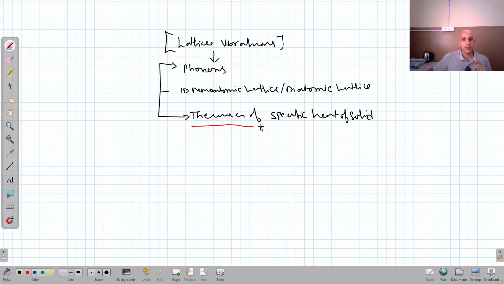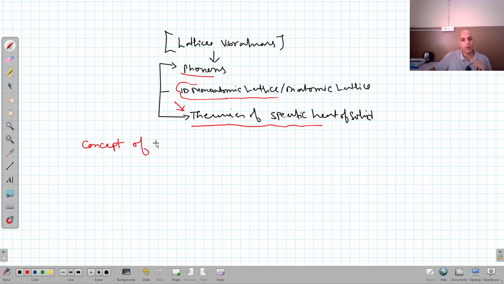We have three specific heat theories. I will discuss them in this lecture. This is the most important one, right? And usually questions are asked from here. But these are the three topics from where questions can be asked: concept of phonons, monatomic lattice dynamics, diatomic lattice dynamics, and theory of specific heat of the solids, right? So I will cover the important points of these three important topics of this unit. So I am starting with the concept of phonons.